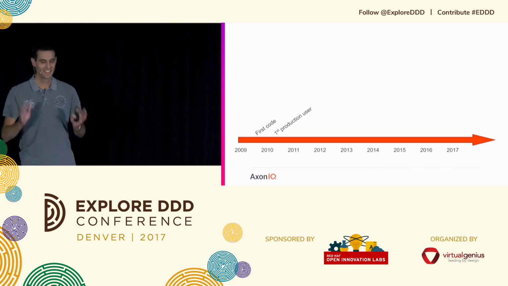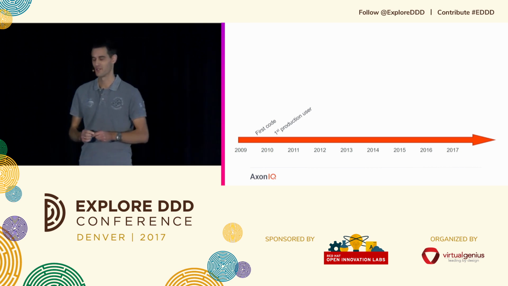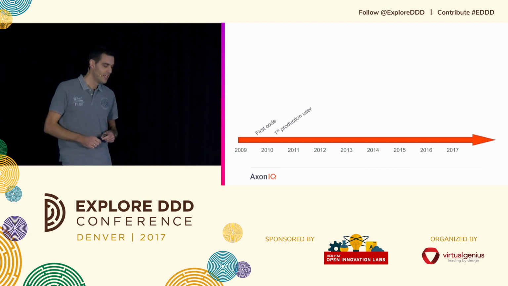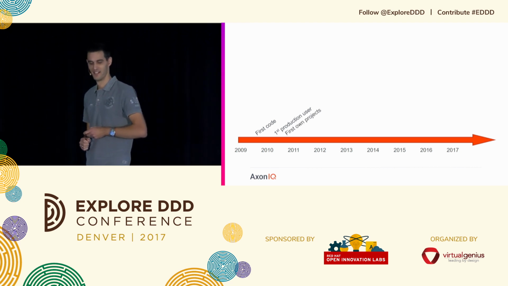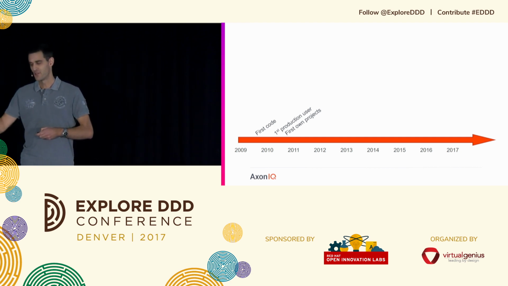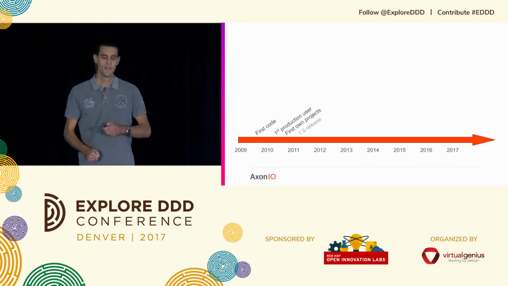Are you sure? I literally said, are you sure you want to be using this in production for what you're using it for? And they said, well, we've tested it and it works. Okay. And that actually gave me the confidence to start my own projects using my, well, framework by now, I guess. And we moved to GitHub later and then gave it a new name, which was Axon Framework, etc.